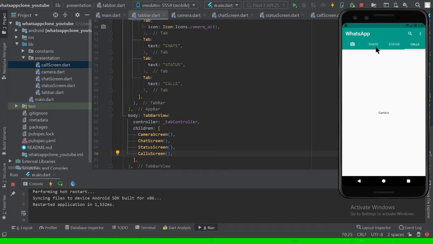So now we are heading to the chat screen. We just want to populate those list styles on the chat screen, so that if a new message comes, it should get notified and everything. So we are heading